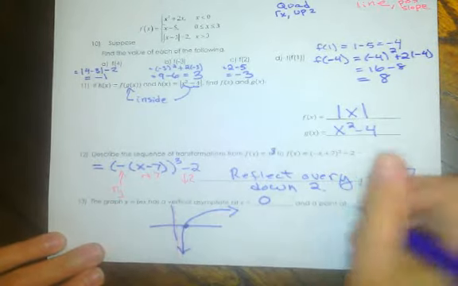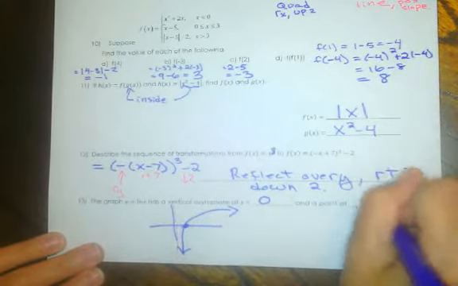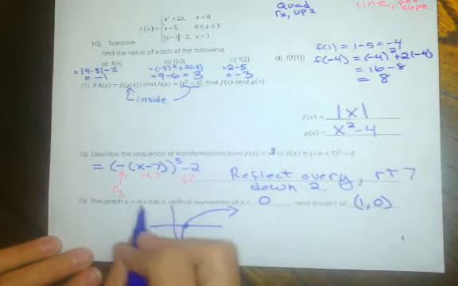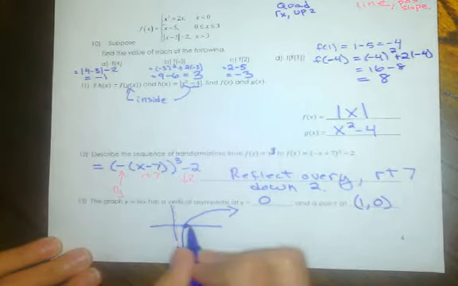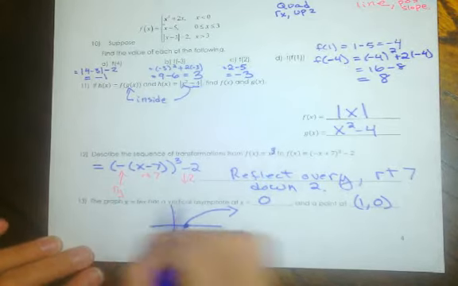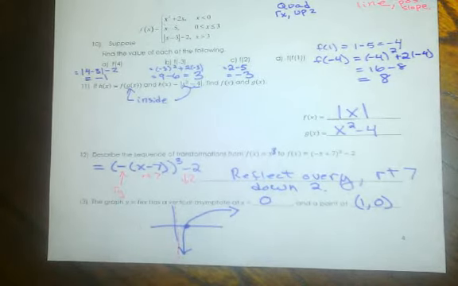And it has this key point at (1, 0). So if you were shifting this, you can shift it horizontally by changing what's going on with this x in parentheses, or you could take that point and shift it up and down if you just had a plus something or a minus something outside. So I would definitely make sure you go through this retest ticket, go through your test,